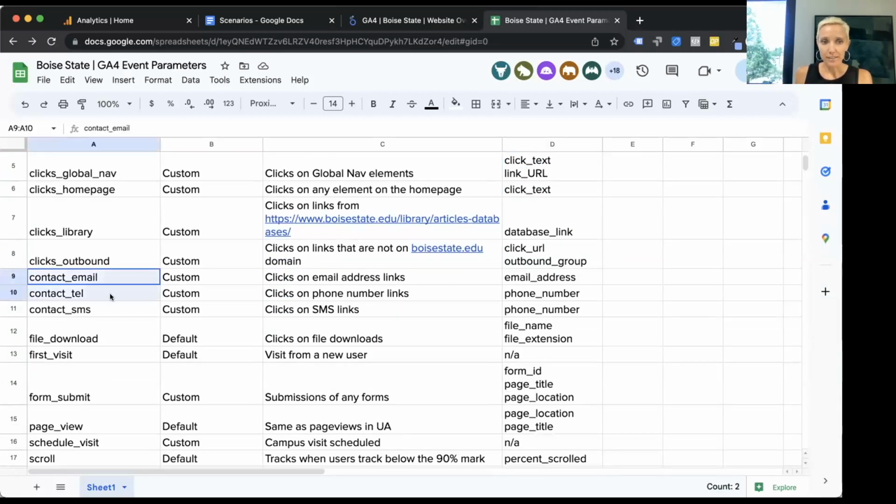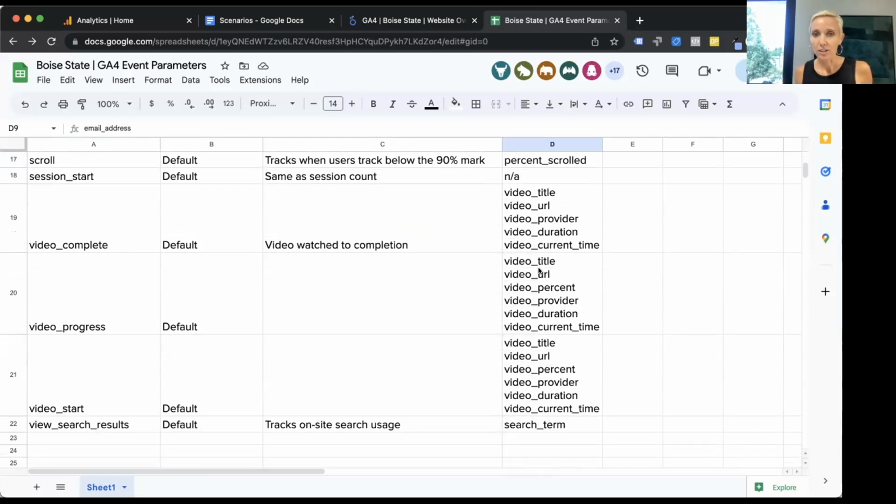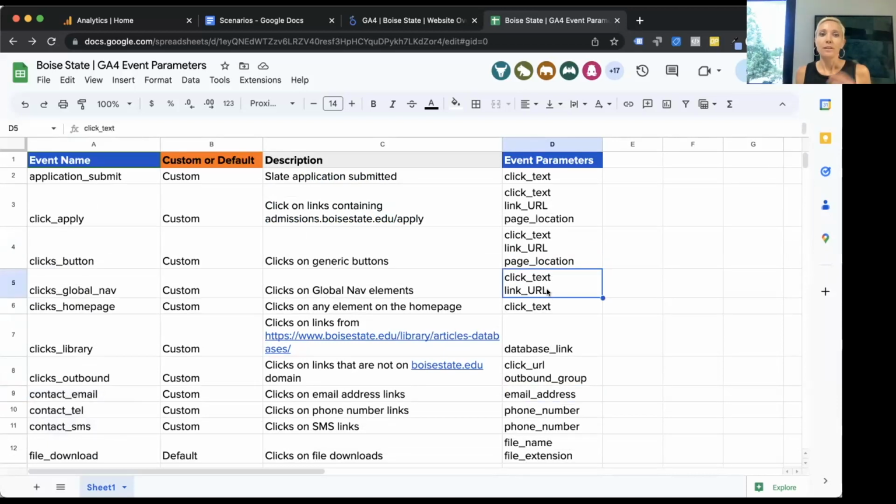We have events on email, telephone, and SMS engagement. So with that click, we are also capturing the email address, the phone number that's clicked on. So just wanted to give you this cheat sheet. It's like a glossary of what kind of data is available to you as you consume these reports and are trying to get more granularity and more meaning out of the data. And this is also very helpful when you're building exploration reports, because you are building the report, so you have to know what you're looking for.